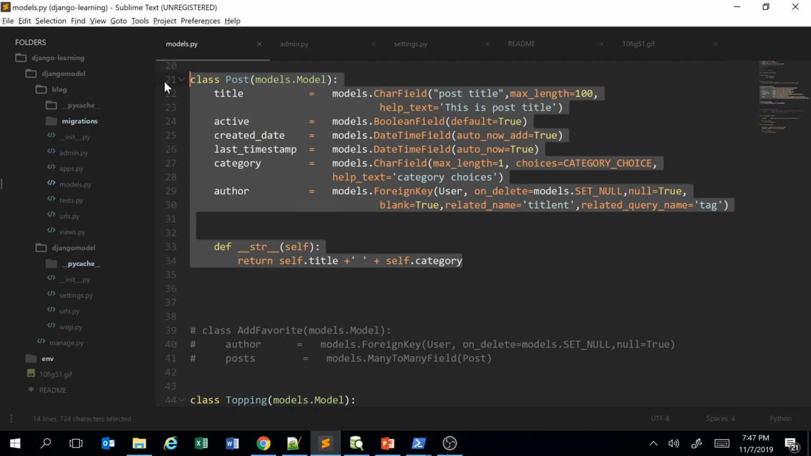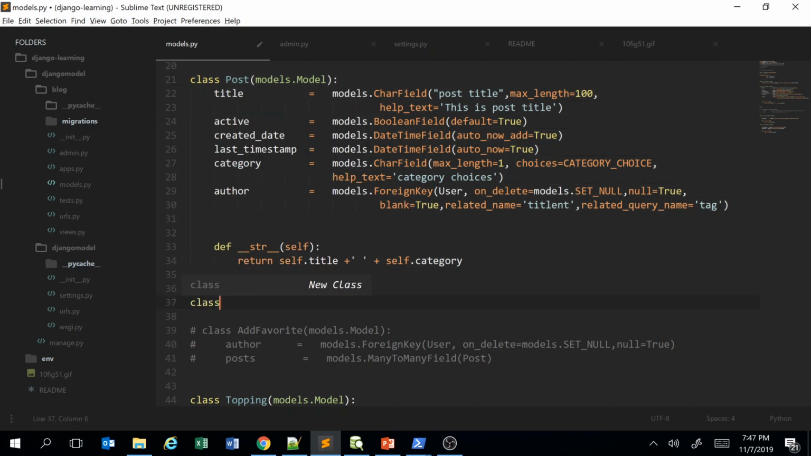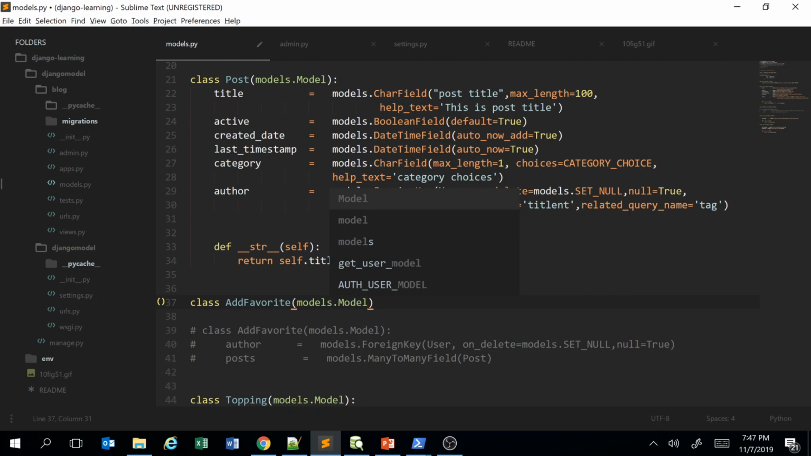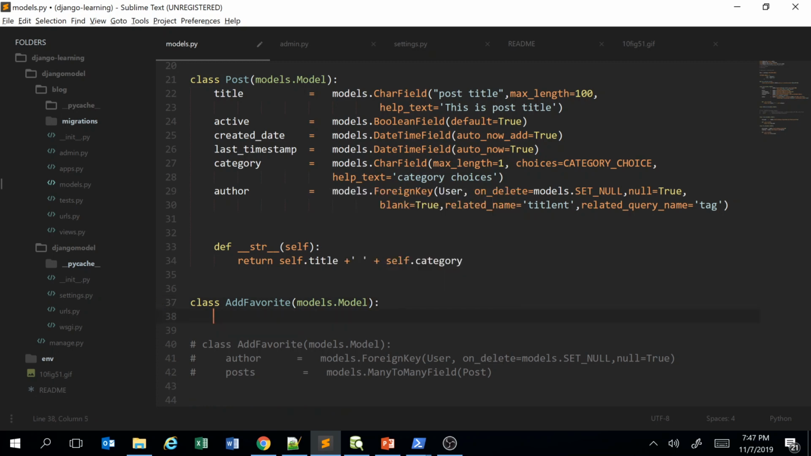in their profile list. So in order to achieve that, I'm thinking of using this many-to-many field for an add favorite table or model. What that means is, I already created this, but I'm going to rewrite it. It's always better practice to rewrite. AddFavorite, models.Model,